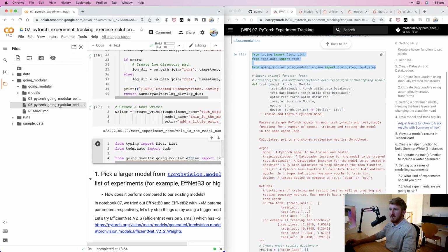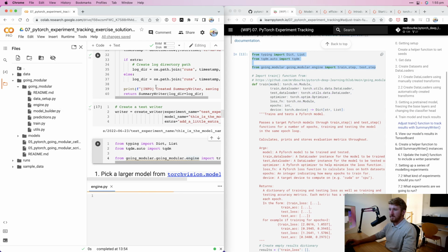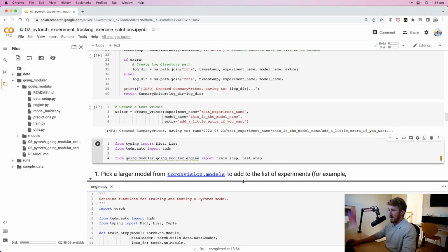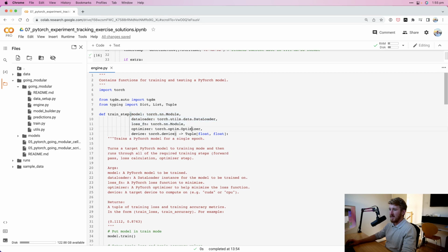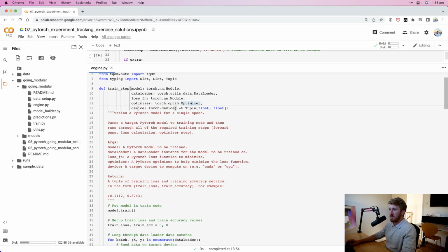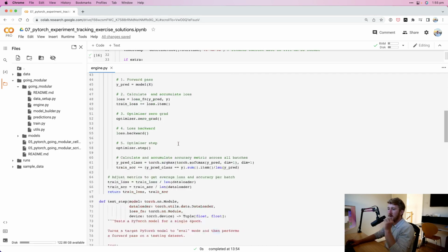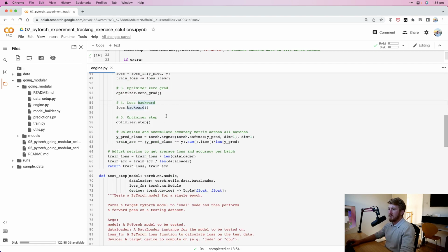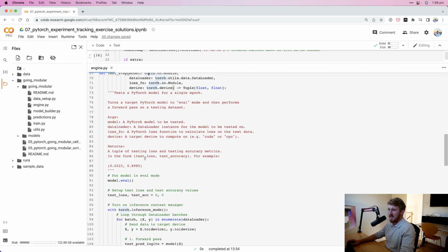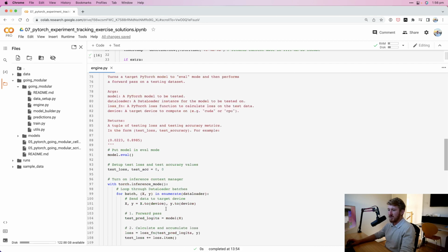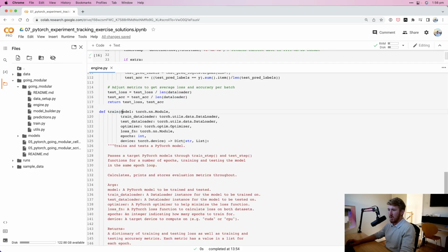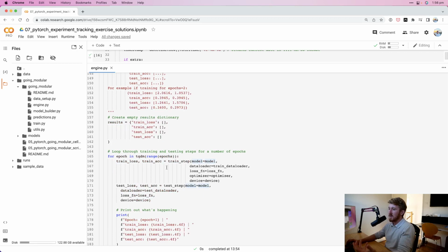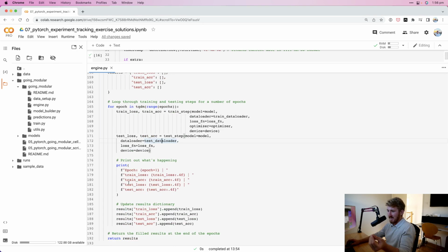If we go into going modular engine, we can see this train step, which trains a PyTorch model for a single epoch. So it just goes through the PyTorch training steps: the forward pass, calculates the loss, optimizer zero grad, loss backward, optimizer step. And then we've got a test step function. And then we've got a train function, which combines the train step and the test step together,